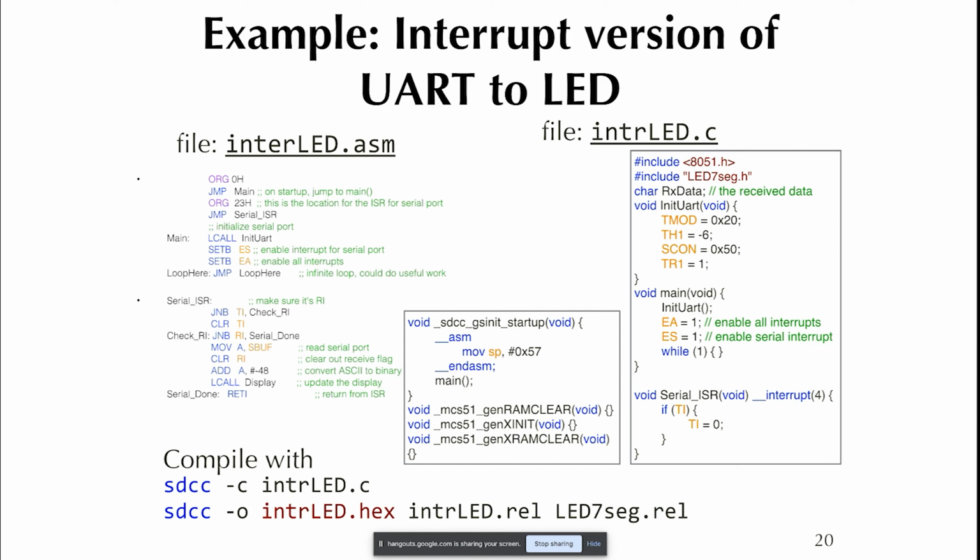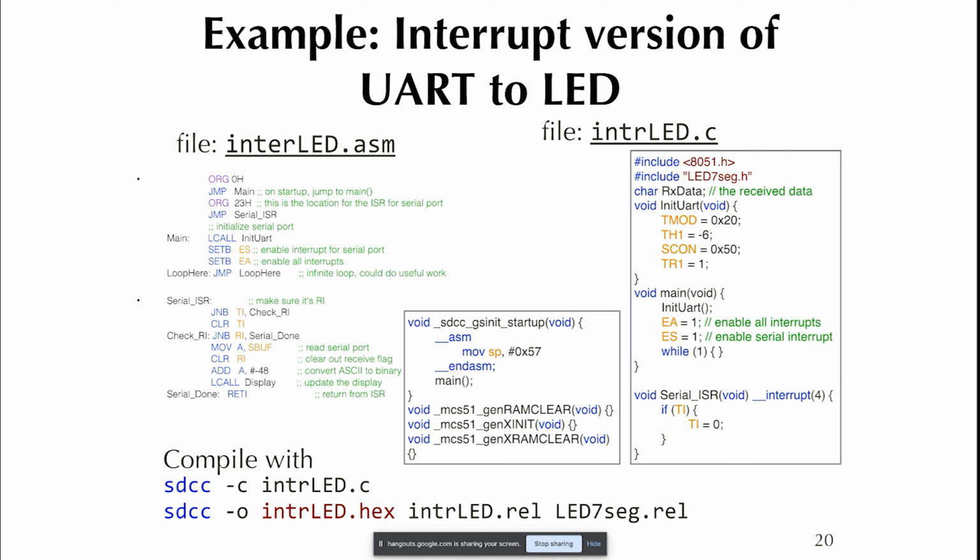And you saw earlier this example of the interrupt version of UART to LED. Understanding how interrupts work is crucial to preemptive scheduling because that is the only way hardware can get control back from the user program. Otherwise, the user program just keeps running, right? So any interrupt can steal control back because whatever the user program is doing, it doesn't even know an interrupt comes in. The interrupt just happens, right? You set it up and then once in a while, an interrupt comes and the user program doesn't even know it